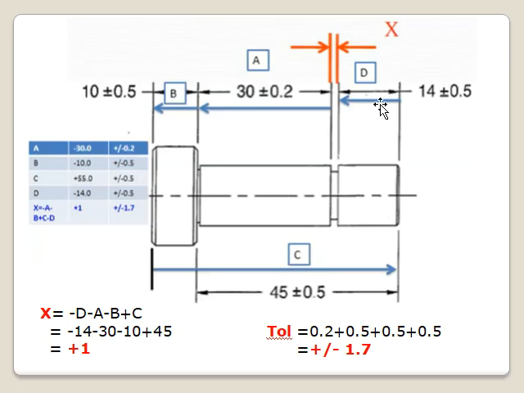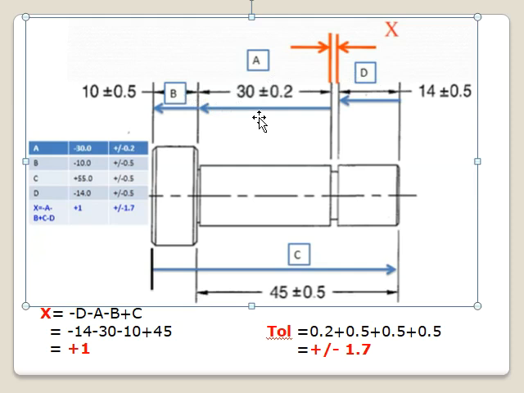If we see the top side, alphabets D, A, B are in one direction and C is in a different direction. So we need to consider one thing: towards left those things are minus and towards right is plus. Finally it gives a value,